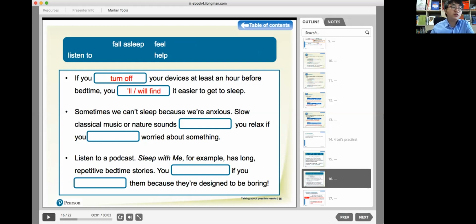Slow classical music or nature sounds will help you relax. If you, which word should you use? Listen to, fall asleep, or feel? Of course, the answer is feel. If you feel worried about something,